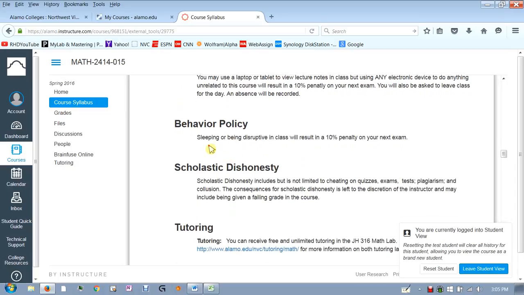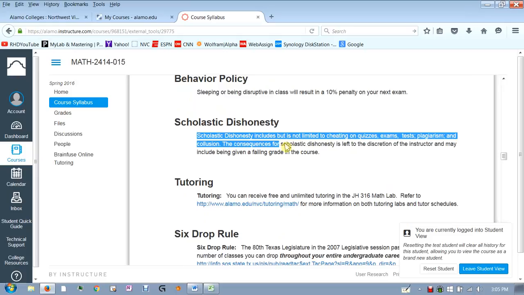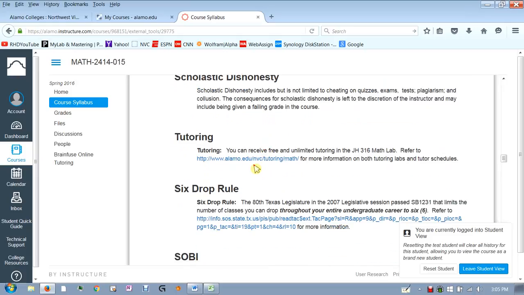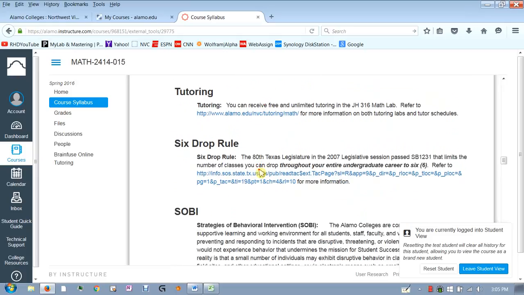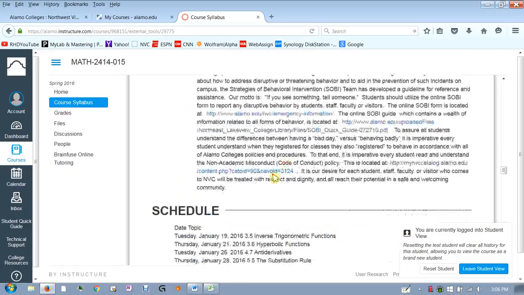Same policy for sleeping and being disruptive. I'll penalize you 10 points. Then there's some stuff here about cheating, tutoring, where to go to get tutoring, other than my office hours. I encourage you to come to my office hours for tutoring, and some other stuff here I'll let you read